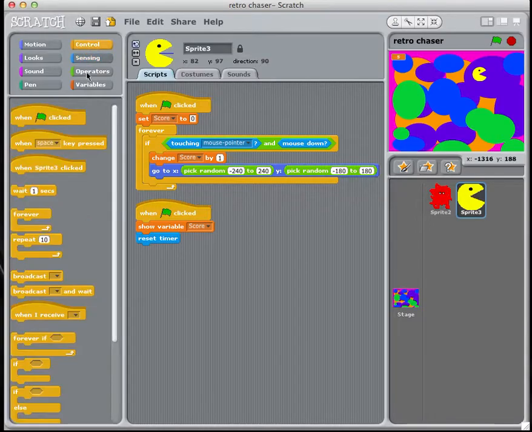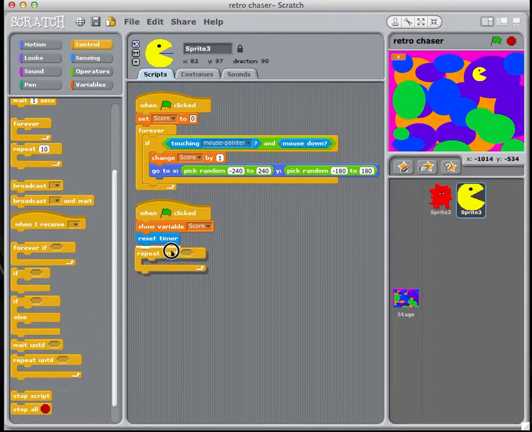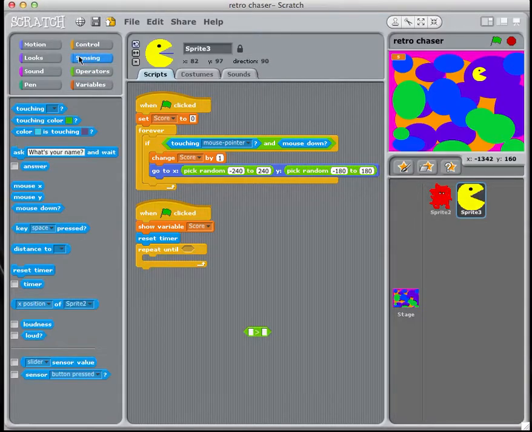Then you want to get a repeat until in control, which is towards the bottom. Drag that in there because you need it to happen forever. So you want to keep repeating it on a loop. So then you want to get an operator, a bigger than, then you're going to sensing, and you want it to be if the timer is bigger than 60. So as soon as it reaches over 60,